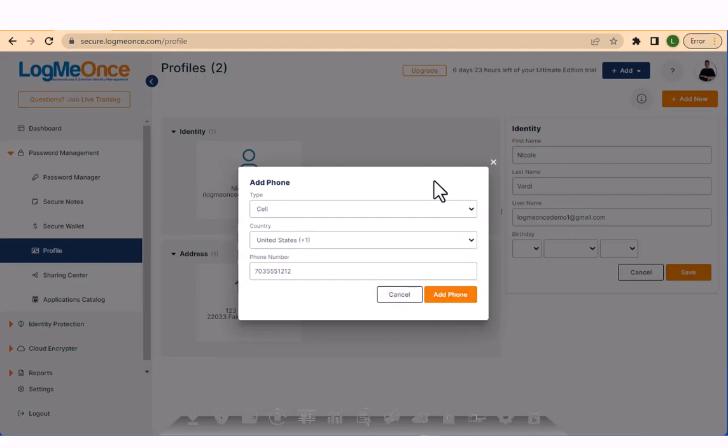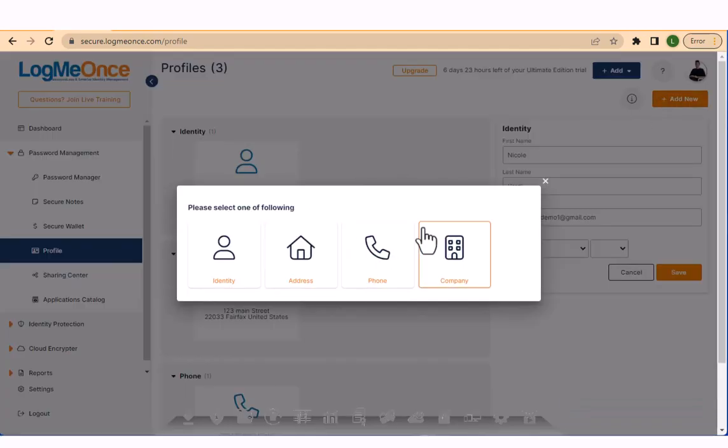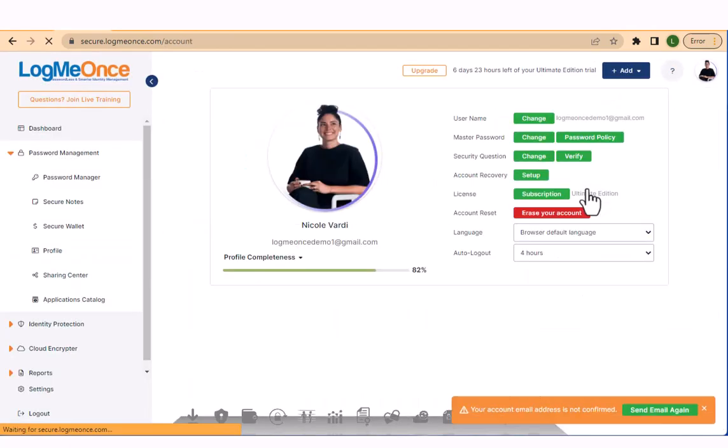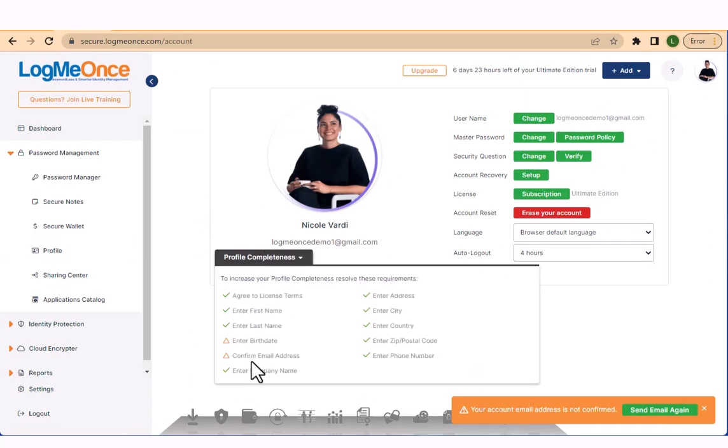Here, you can add as many names, emails, and addresses as needed. You can increase your profile completeness and get more out of LogMeOnce. And that's it. With just a few simple steps,